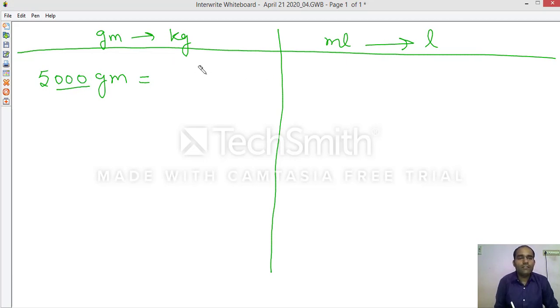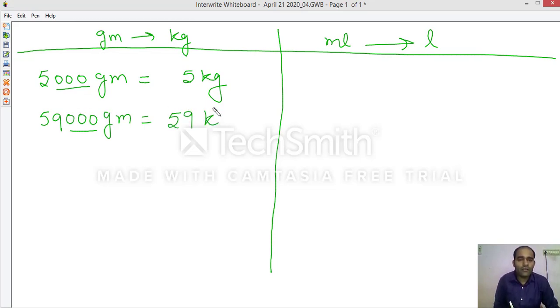So remove these 3 zeros, and what is left here? 5 kilogram. Simple. If he says 59,000 gram, change into kilogram. What you need to do? Only remove the 3 zeros. What will be left? 59 kilogram.